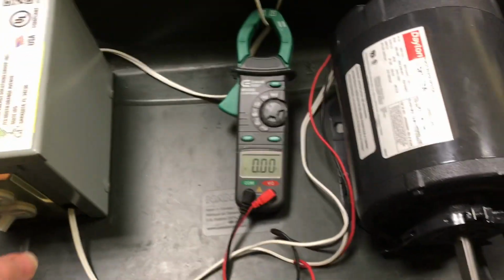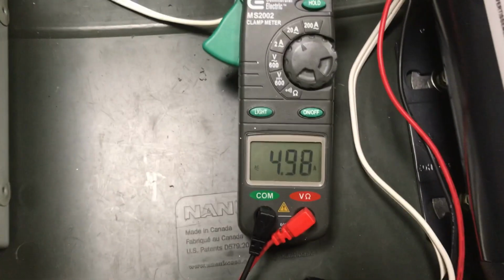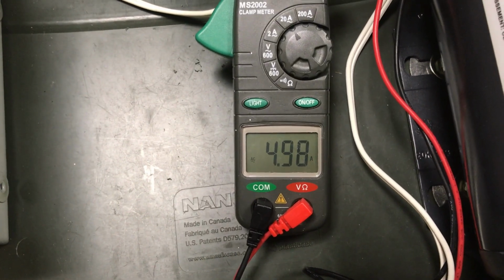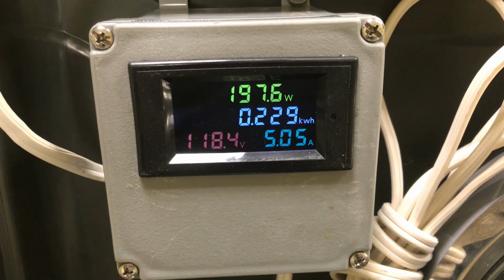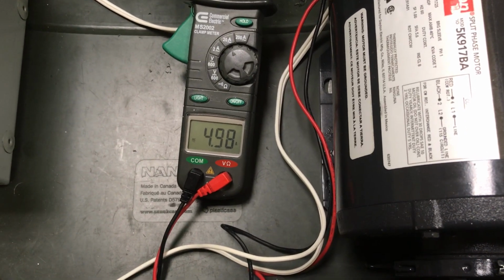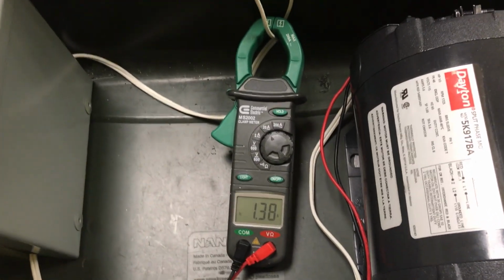Now, let's turn on the motor, and you'll see that the motor is pulling about 5 amps. We look up here, and it basically says the same thing. We're pulling 5 amps. So 5 amps is what that motor needs to run. We turn on the power factor correction unit,